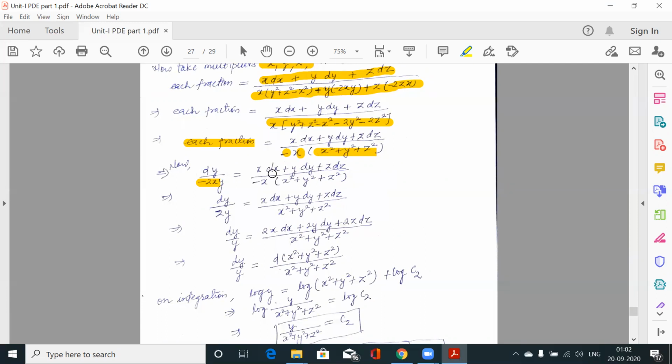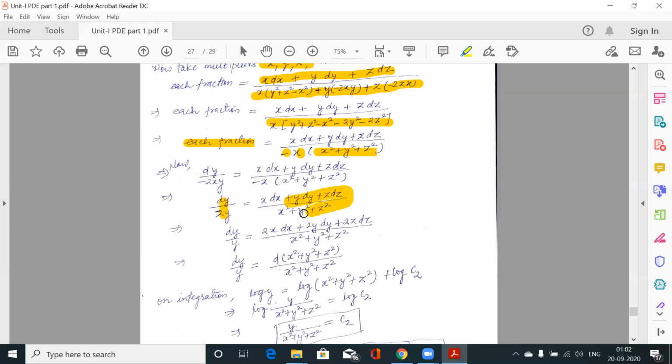In the cases so far, the multipliers we have used made the denominator 0, so we could get the integration. We can take this fraction equal to any of the fractions, because ultimately the denominator 0 would make this 0. But in this case the denominator is not 0, so we cannot take any of the fractions. We have to take that fraction only which can make this integrable. So we have taken the second fraction, dy over minus 2xy is equal to this. Now this x would be cancelled by this x. So we get dy over 2y is equal to